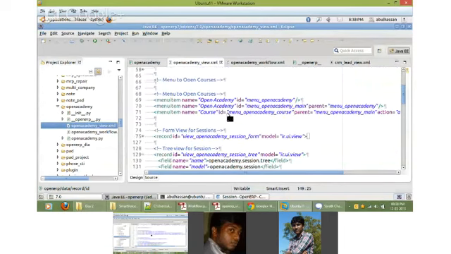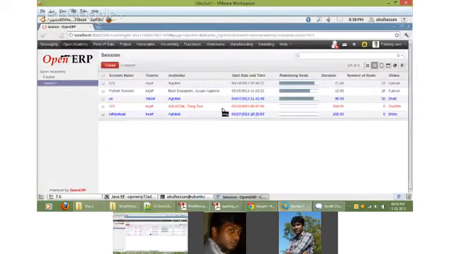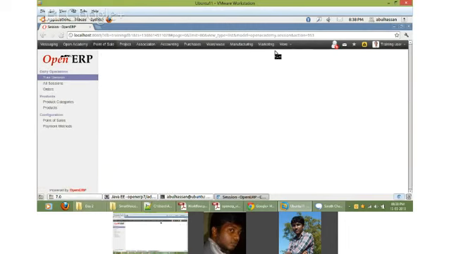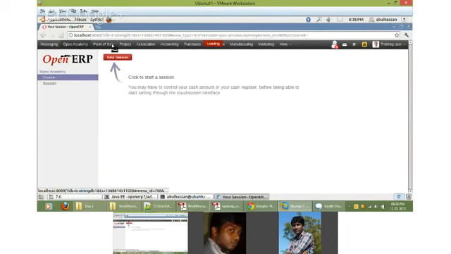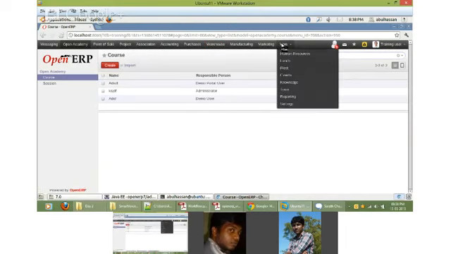I have asked him to give an example. See here, actually, the example you can see is that the sale module is not installed.